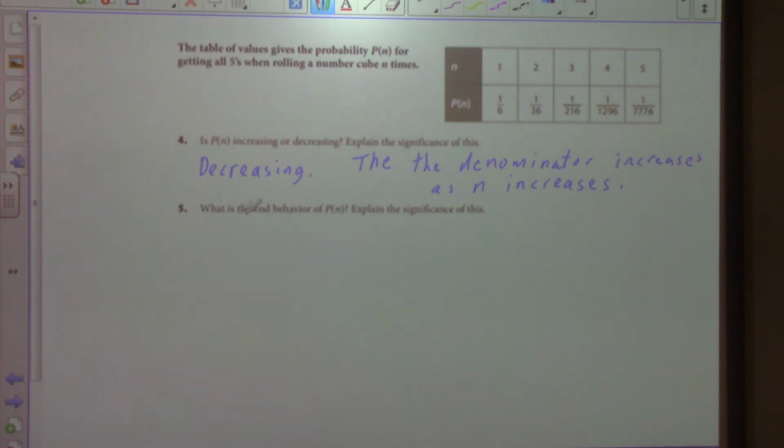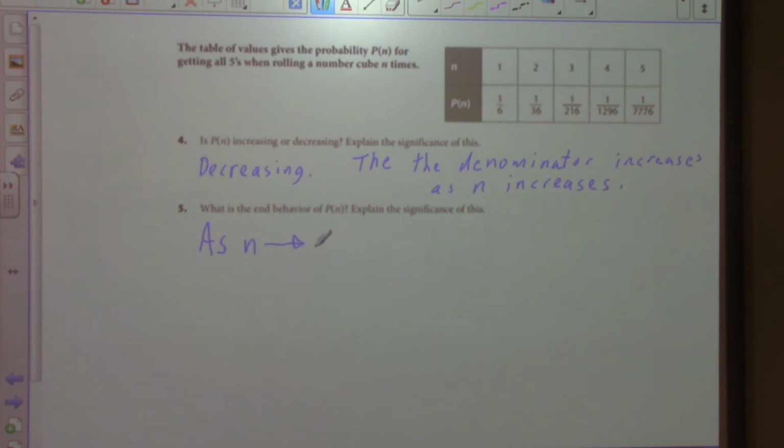Now, what is the end behavior of P of n? We're getting back to our end behavior notation we talked about last week. How did that notation go for end behavior? As x approaches. So in this case, do we have x? No. As n